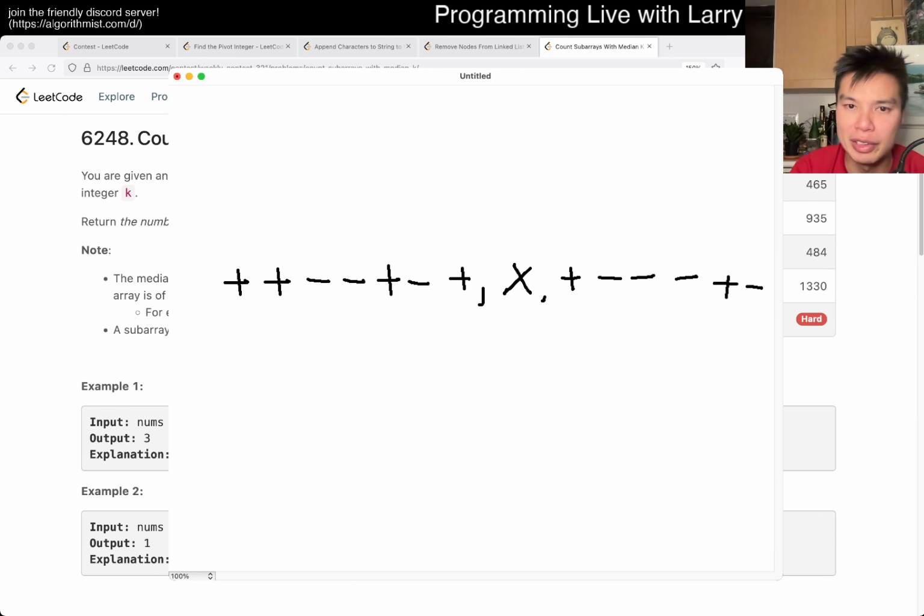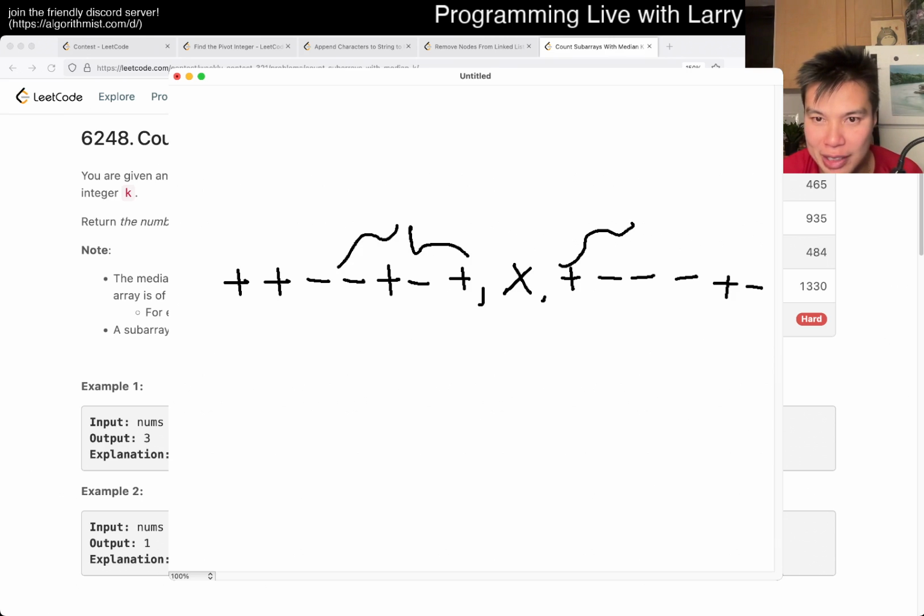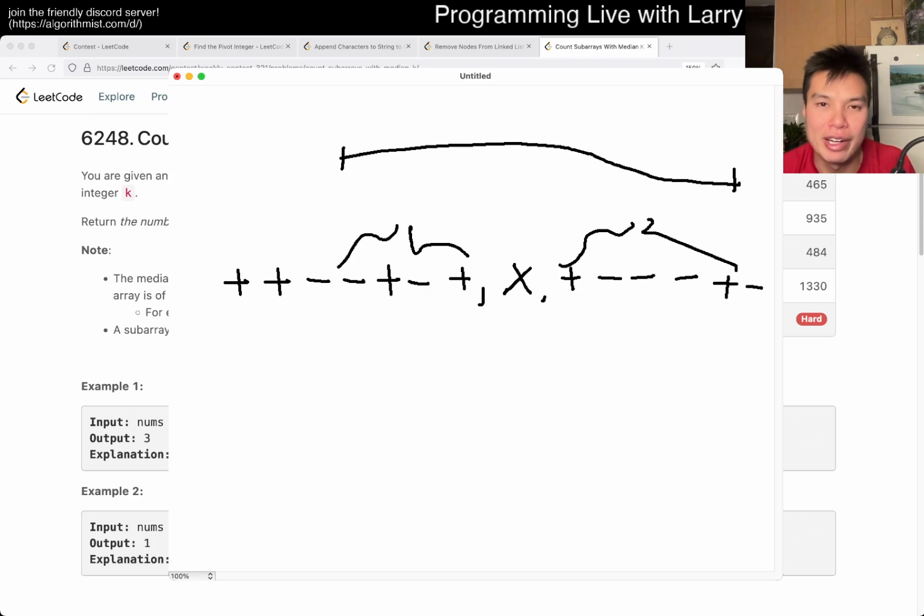But the idea here is that we have some prefix of this, right? That's a terrible arrow thing. So let's just say we have some prefix of this and some suffix of this, right? And basically the idea is that we try to find the counts in which we have this subarray where x is the median, right? You get the idea. And of course, how do you rephrase this, right? It means that basically